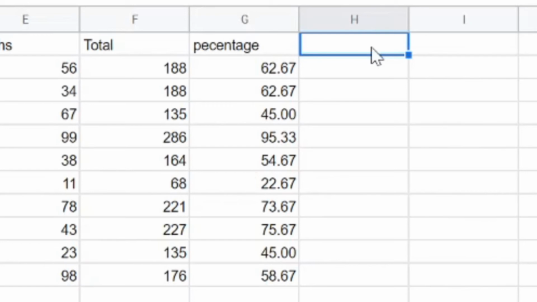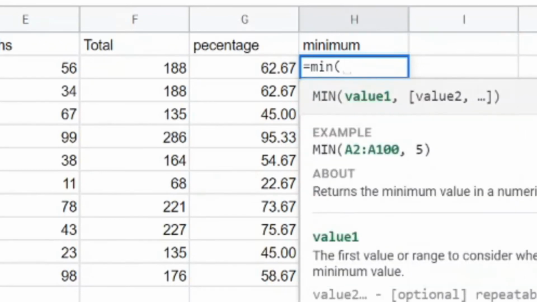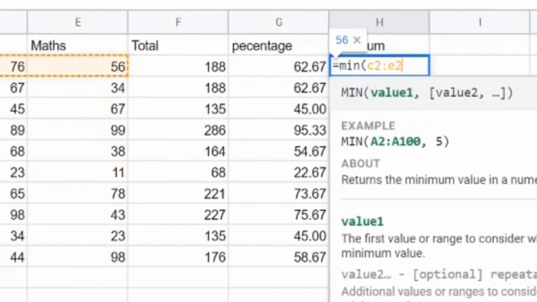So let me give a title minimum, and to find the minimum we have a function called min. So to use that function we will have to give the equal sign first, then we have to write the min, then bracket open, then we have to write the range. Our range will be C2 colon E2.